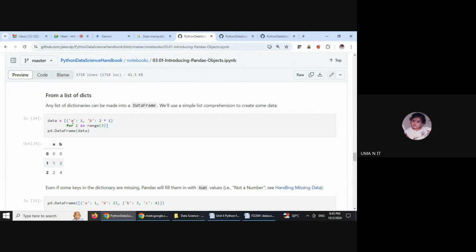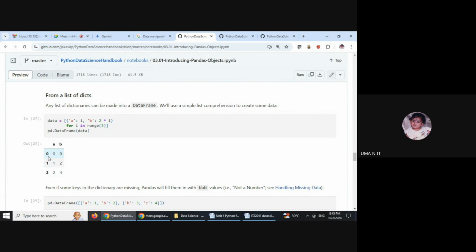See here, the key value pairs are a and b. These will be the column names for your data frame, and the data will be generated with a range of 3. So the row index will be from 0 to 2, and the column index is a and b.